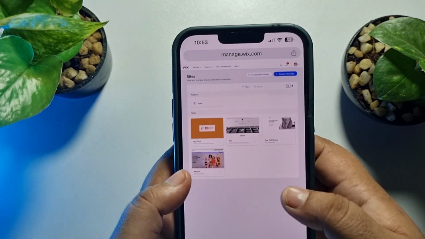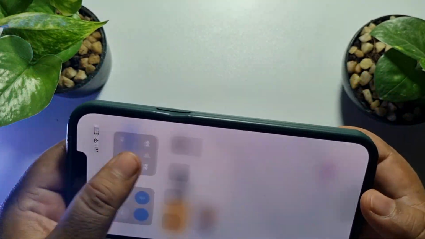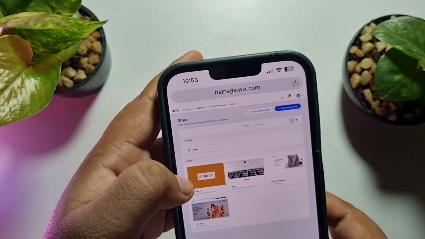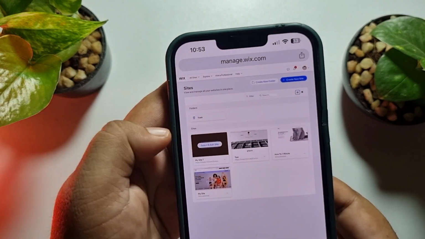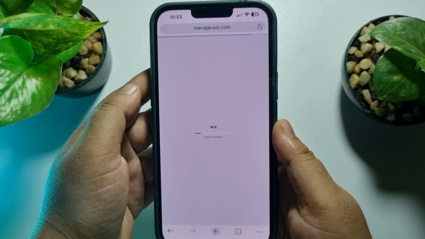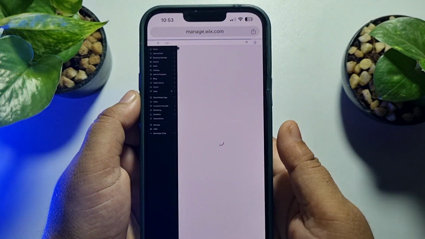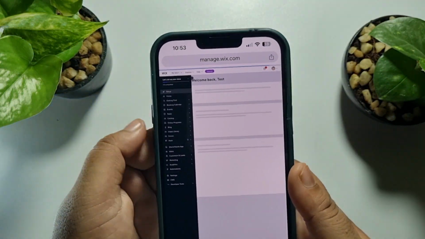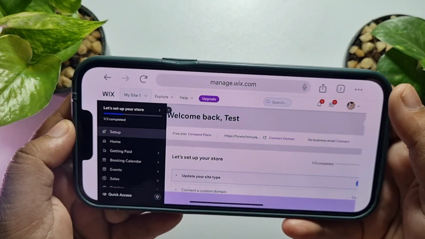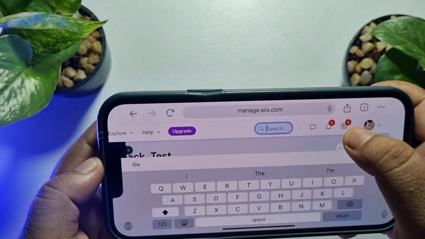and now rotate your phone. Select your site first, and then we will rotate our phone. So select the site and you will directly jump into your Wix website dashboard. Once you are in your site dashboard, now rotate your phone and here tap on the search box and type